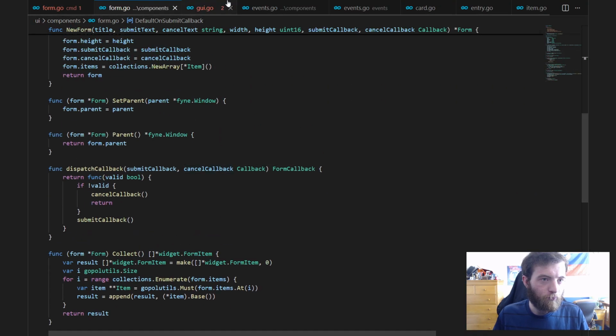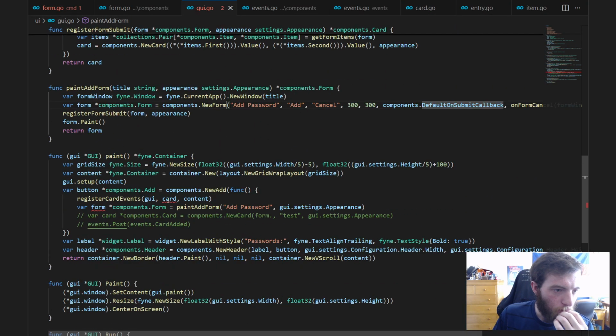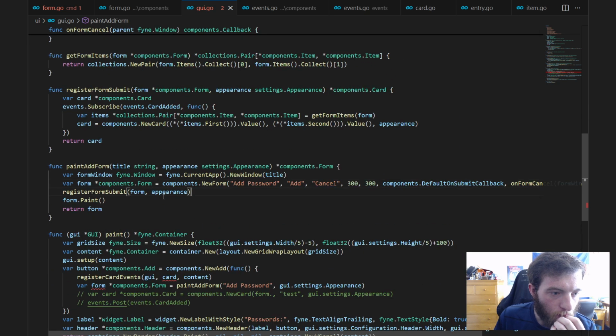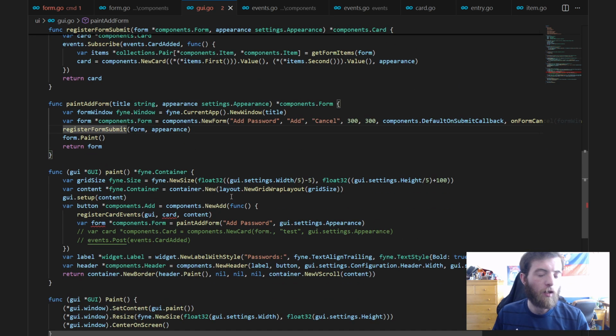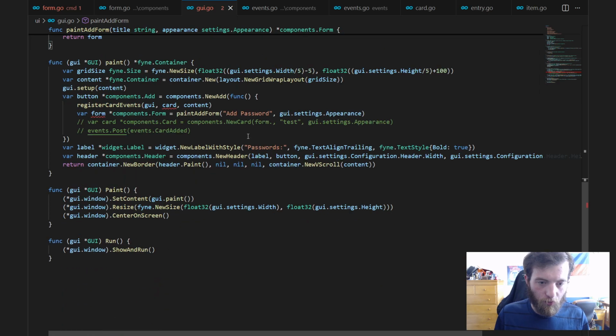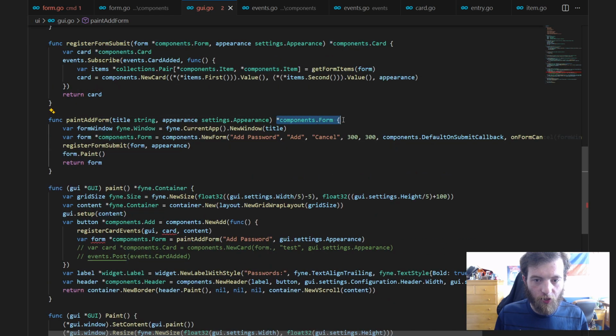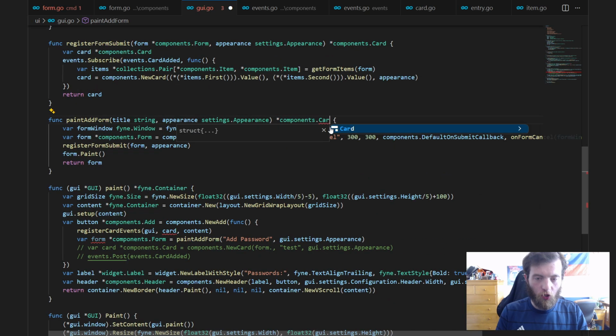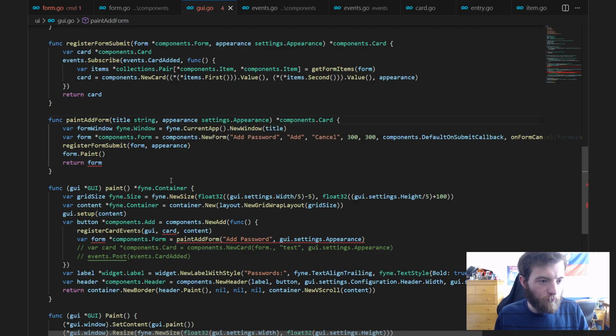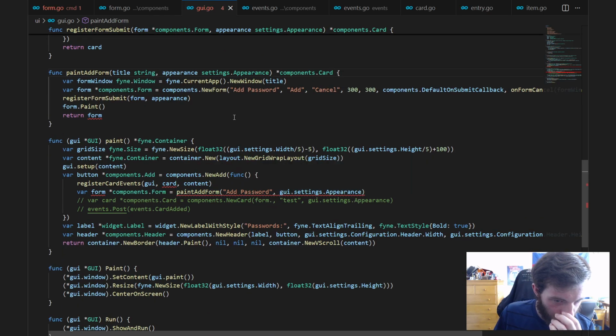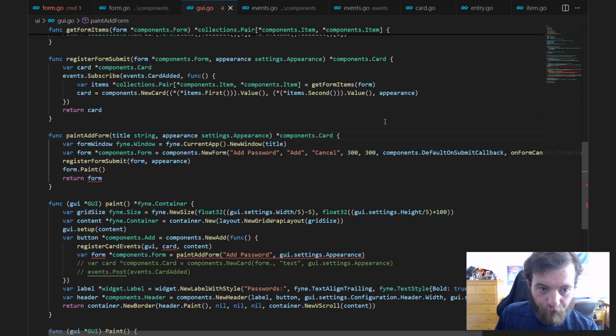Right? Oh, yeah, okay. So we do actually need the card, I'm pretty sure. Right? So instead of returning a form, we return a card. Right? Because then on submit,